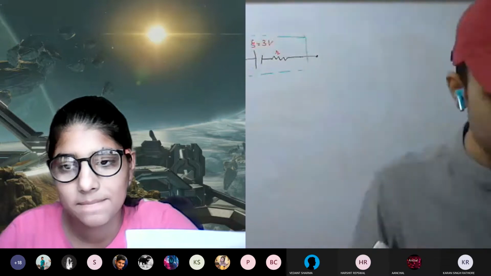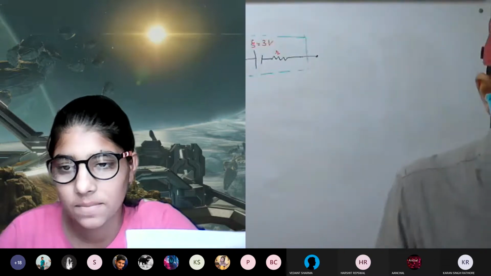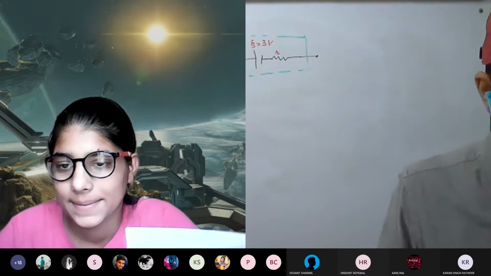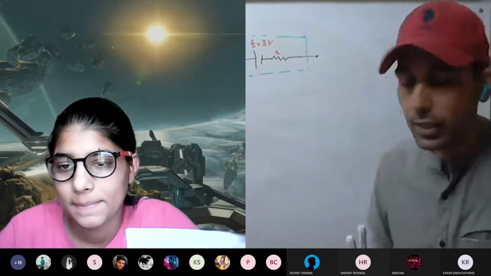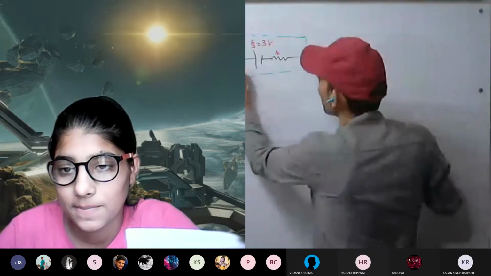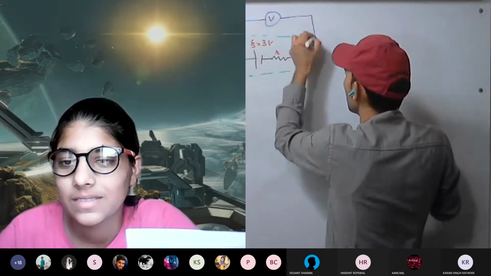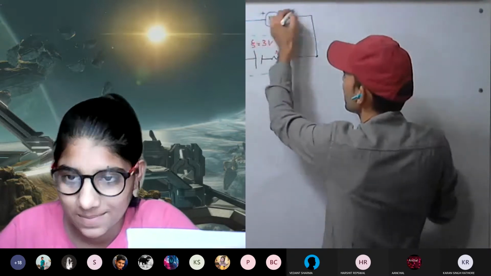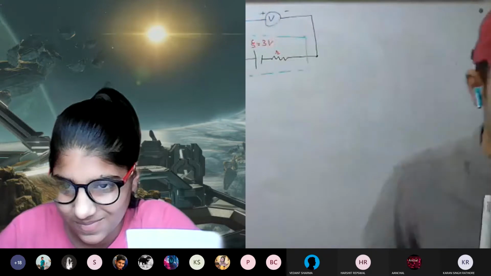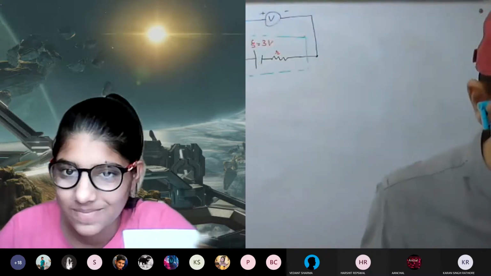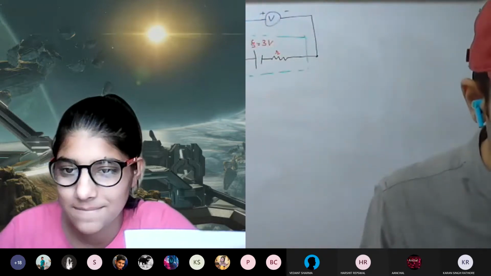Understood this one? Now what is being connected? A high resistance voltmeter is connected across the battery. So I'm connecting with blue. So across it, we have connected a voltmeter. Okay, the signs will be plus and minus. This is being connected. Now, when the current is 1.5 amperes, the voltmeter...